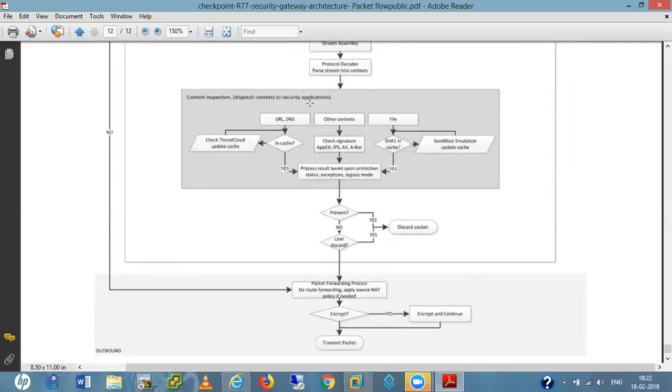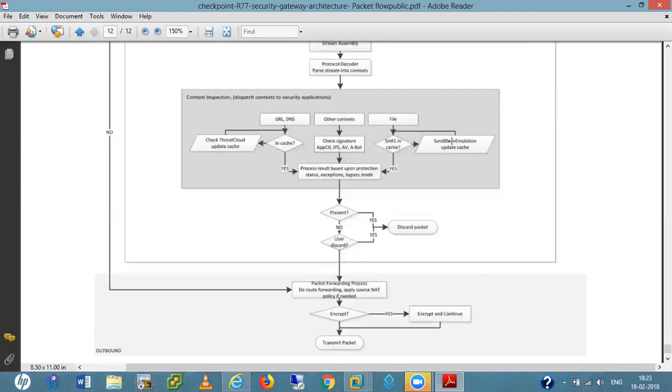Now content inspection starts. Here URL and DNS checks happen, file checking happens. If the file is in cache, yes; if it's not in cache, then send to emulation and update cache, meaning it is doing sandboxing, like we have WildFire in Palo Alto.